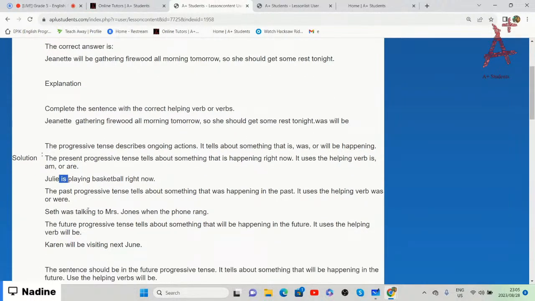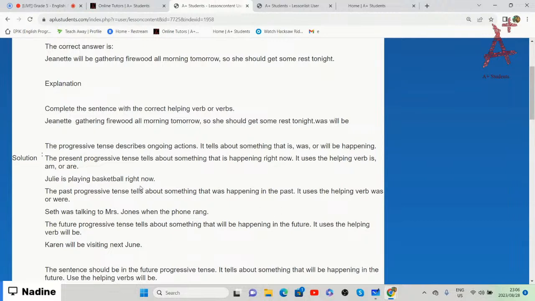And then we also have the past progressive tense, which happened in the past. The past progressive tense tells us about something that was happening in the past. Remember, we said ongoing action, but in this case, ongoing action in the past. It was happening in the past. And when something happened or was happening in the past, it uses the helping verb was or were,